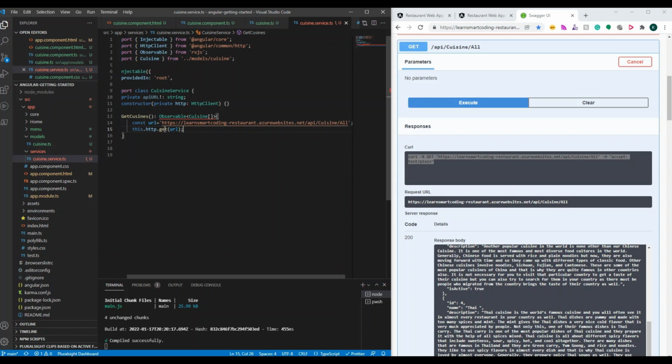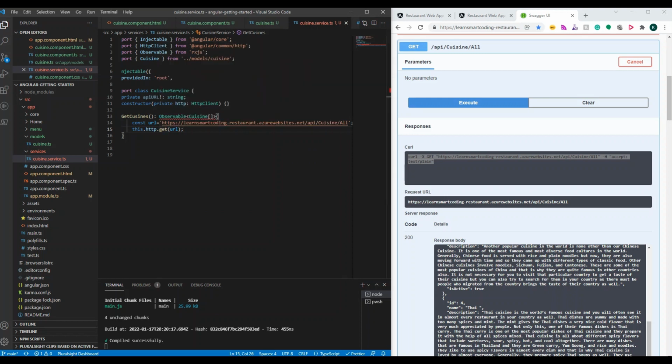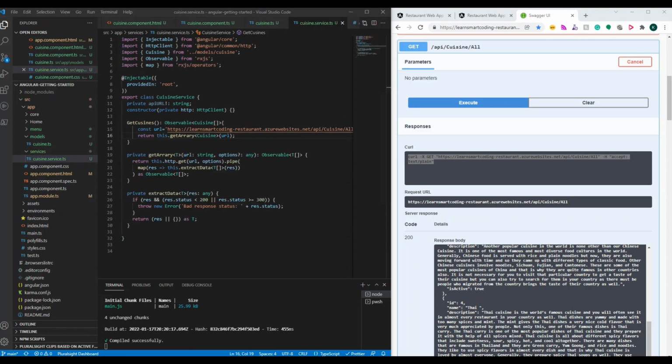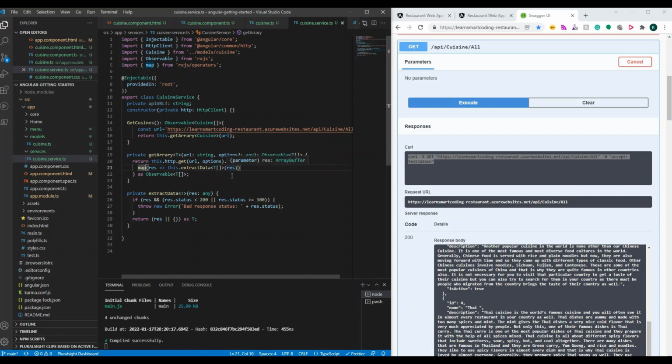This is going to return the data once it receives the data. I have a method which extracts this data, so let me copy paste this method. We are going to simply call the getArray method, which is this one. It is going to pass the URL. This is going to trigger an HTTP GET call, and pipe and map are operators of RxJS. We'll explain more about pipe and map in the RxJS video, but basically what this is doing